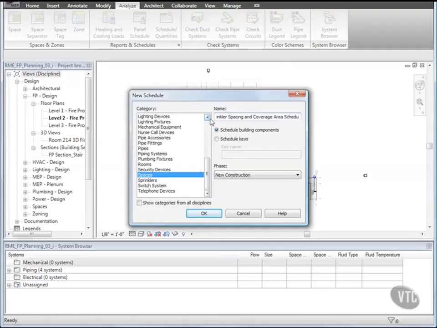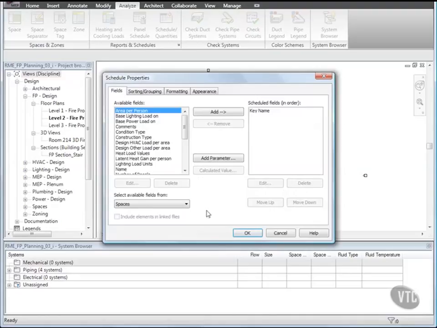Then select Schedule Keys, and for key name, type Protection Area Construction Type. Then click OK, and next we'll create a schedule parameter. In the Schedule Properties dialog, click Add Parameter,